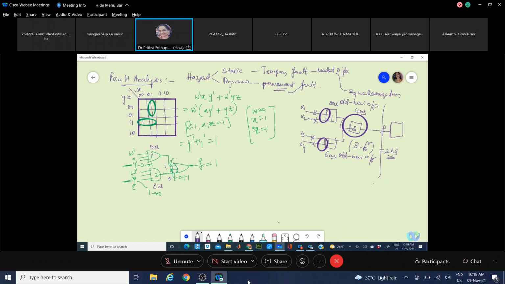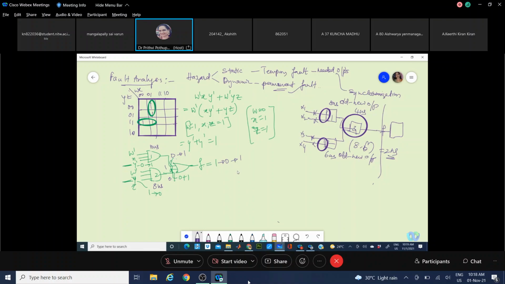What happens is, even after 8 nanoseconds this will not go from 0 to 1, but for 10 more nanoseconds this will be 0 itself. After the 10th nanosecond this goes from 0 to 1. So until that, what happens is this will be going to 0 and then settles to 1.